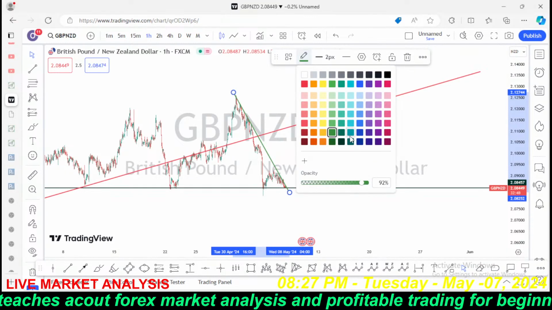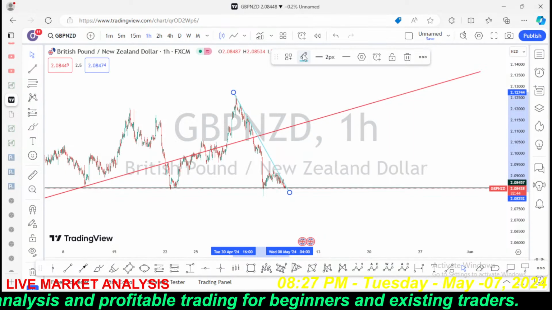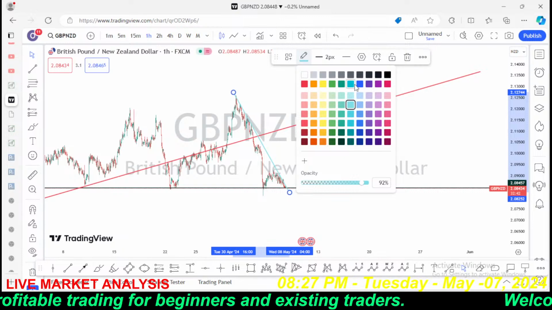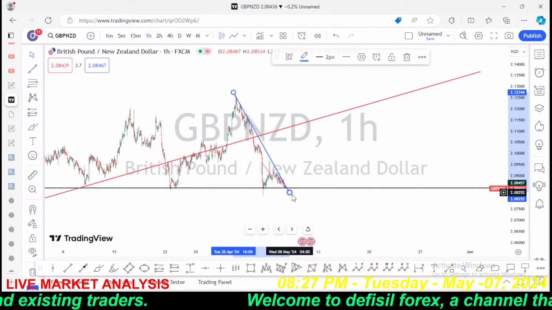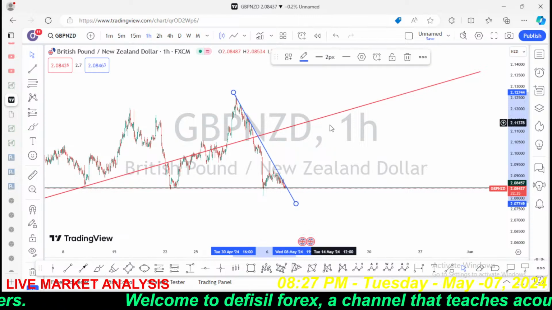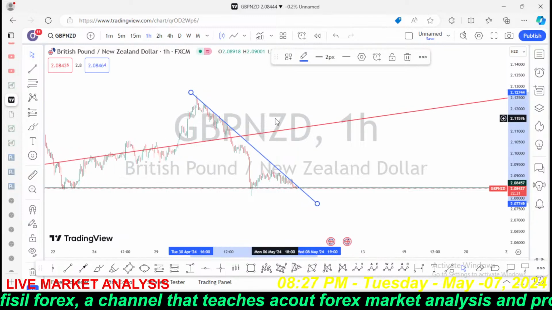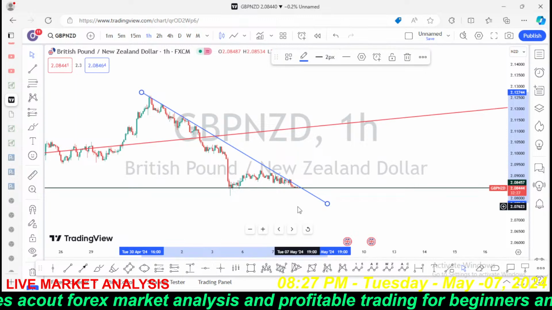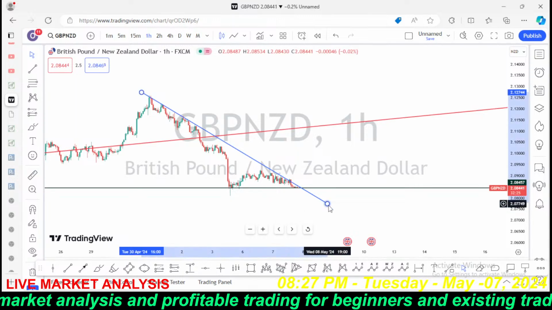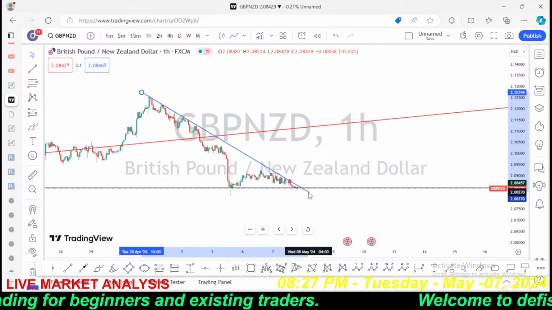Let me change it to dark green, or blue rather. Okay, so the market seems to be at a critical